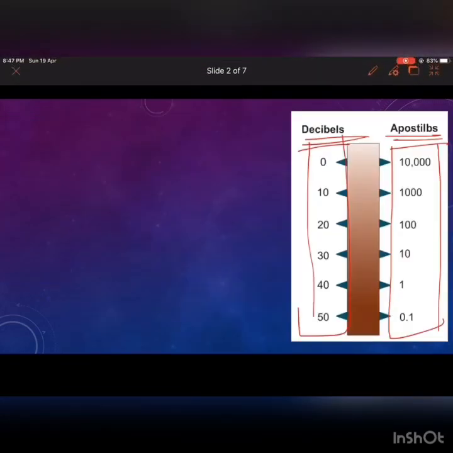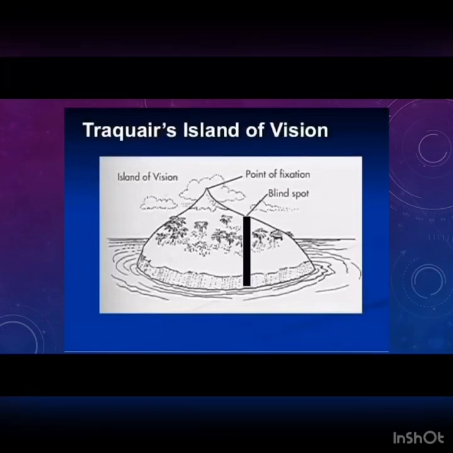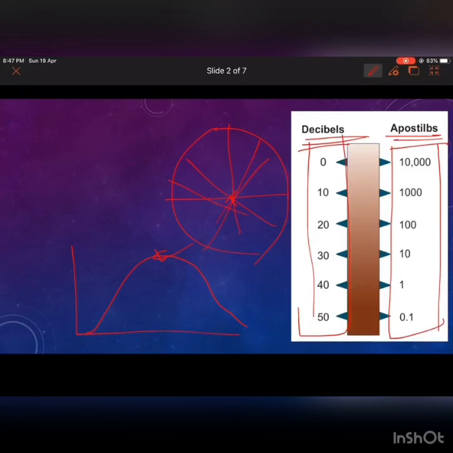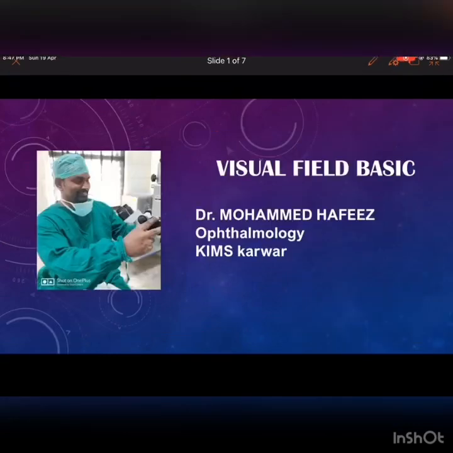One more thing I would like to say. Now you have taken one meridian and you got a graph something like this. So maximum is for the fovea. Similarly, you take all the meridians and try to plot. 360 degrees of all meridians, you try to plot it. You will get a 3D picture.